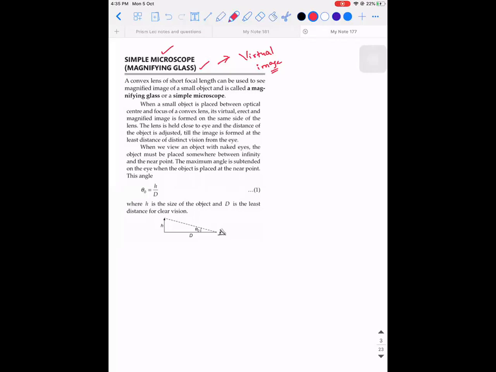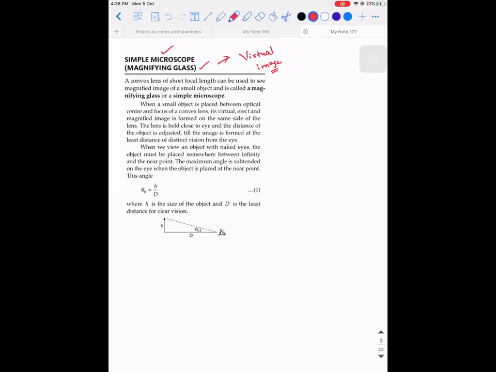Same way. You're able to see it in the same way, right? For example, as I told you, a vernier caliper or screw, when you want to take a particular reading, you take it close. When you take it close, you will see exactly the way it is, with a zoom version. That's it, right? If it has to be in the same way, then the image formed should be virtual, because virtual images are always erect in nature. Is that clear? So this point has to be kept in your mind.